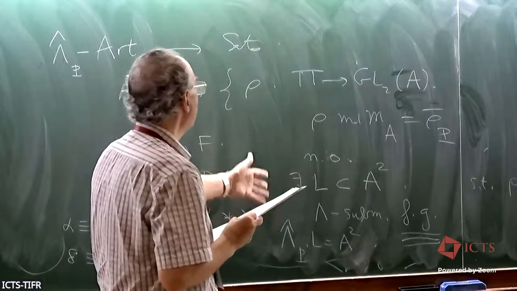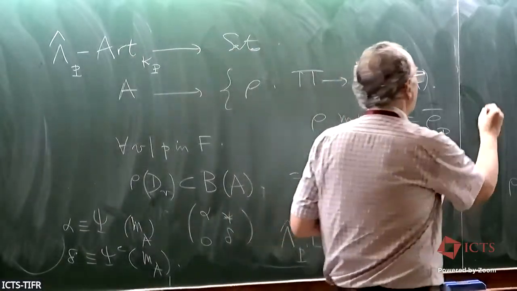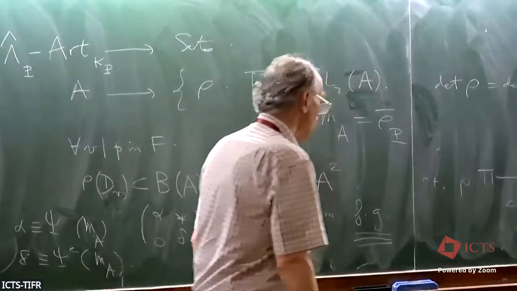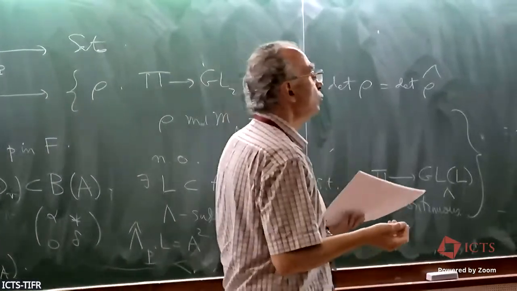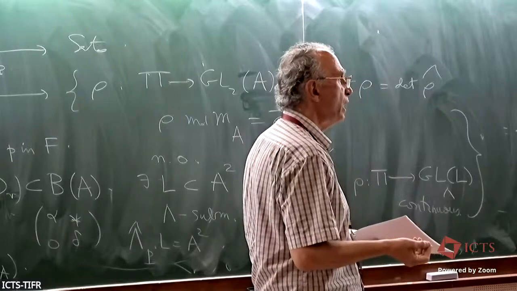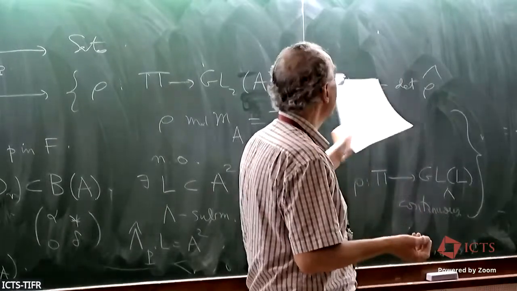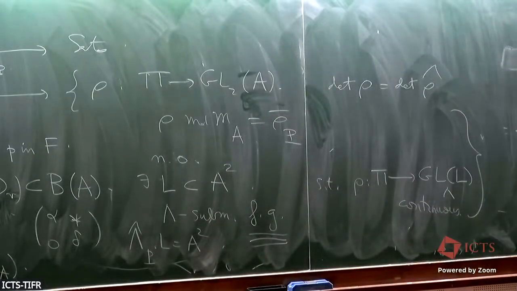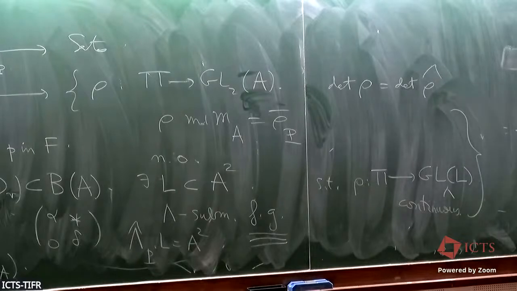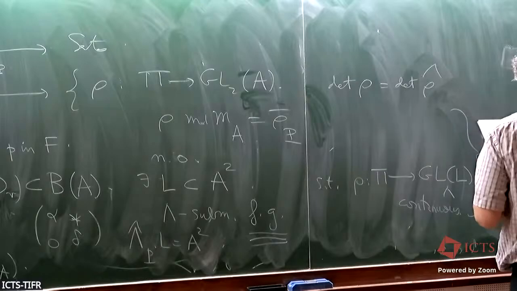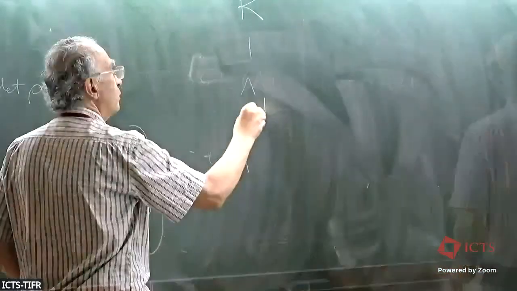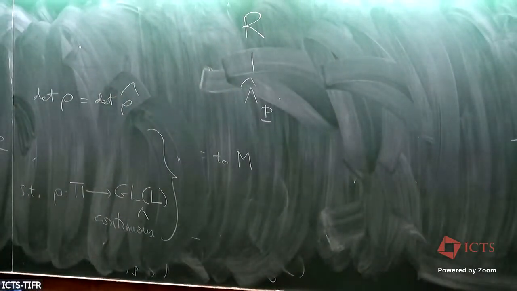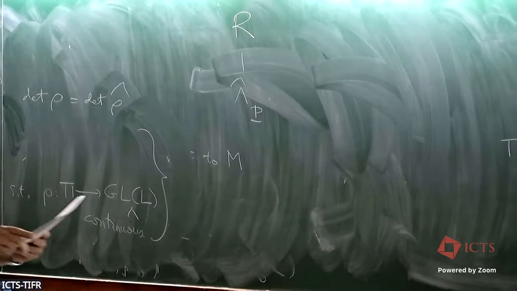Okay, that's the near ordinarity and continuity. And we fix the determinant. The determinant of rho is the determinant of rho hat. Rho hat takes values in GL2 of lambda, hence GL2 of lambda p hat, hence GL2 of A, and we assume there is no deformation of the determinant. So it turns out that this problem is pro-representable. So you will have some universal lambda p hat algebra which pro-represents this problem, and there is a deformation to